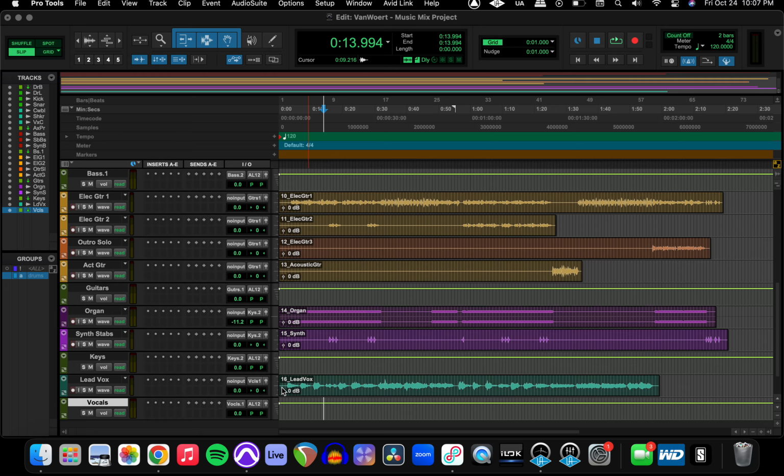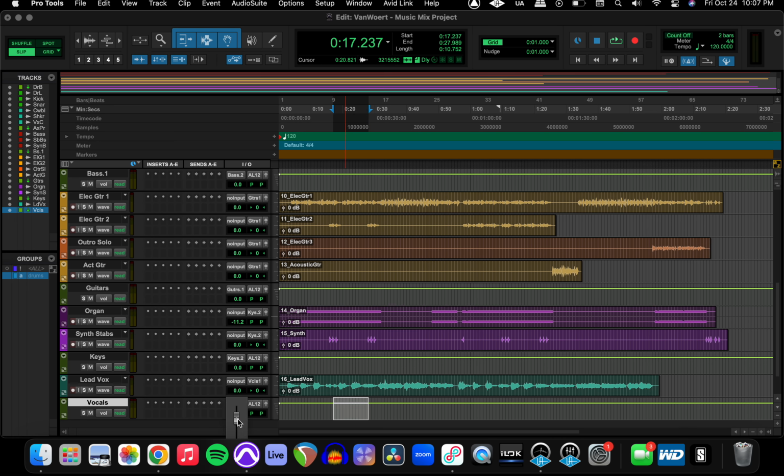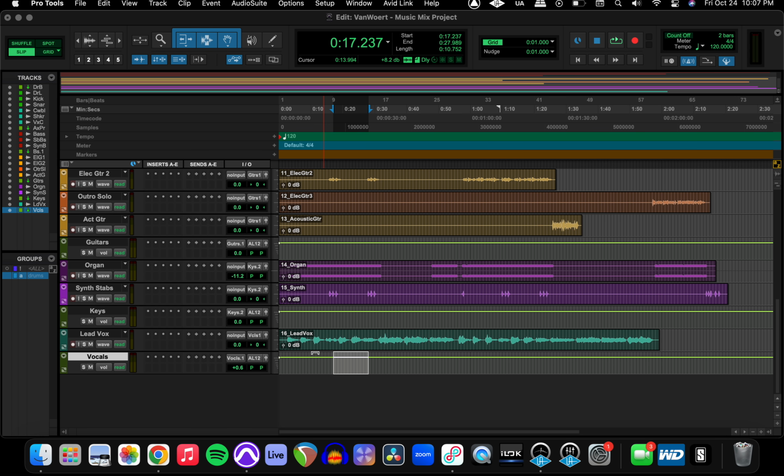And so now we have our automation data written on this, but say we want more vocals or less vocals compared to the track. Instead of having to move all that automation data up or down, now we have a second layer of control where our vocal track is being sent to this vocals bus, and we can just increase or decrease the volume here of our vocals,